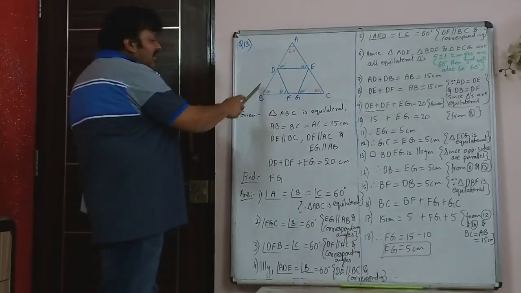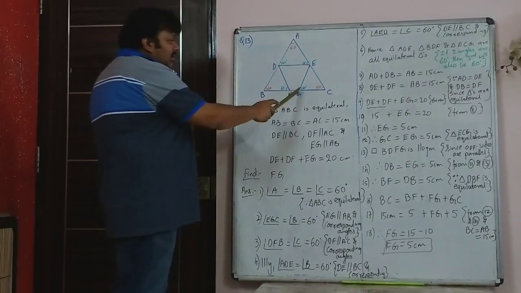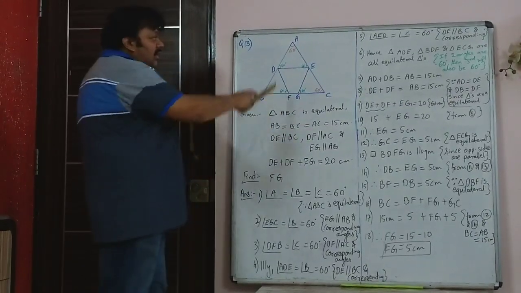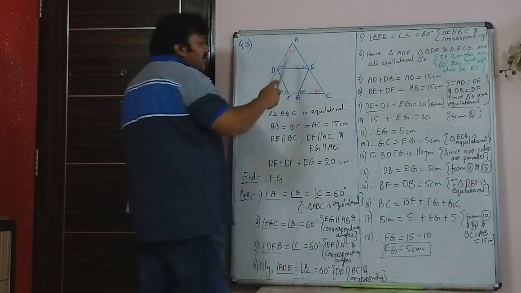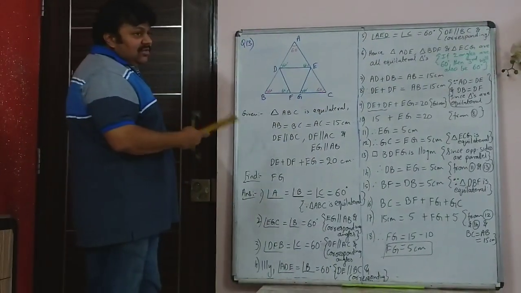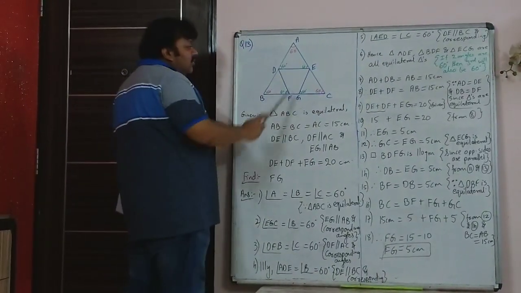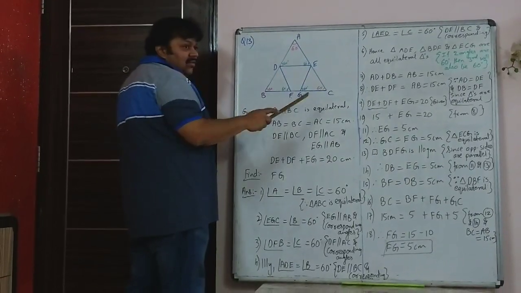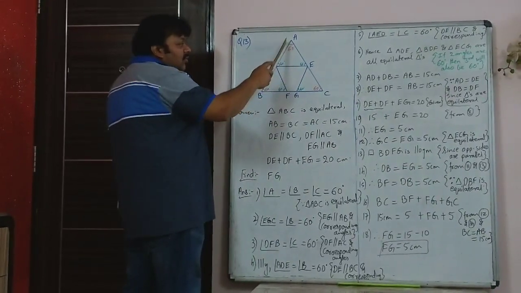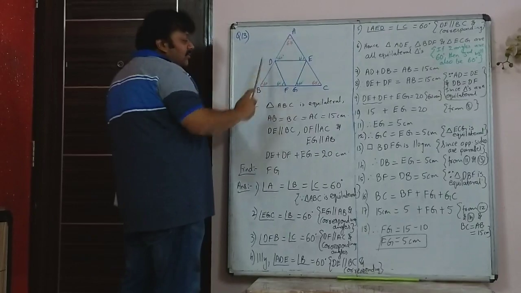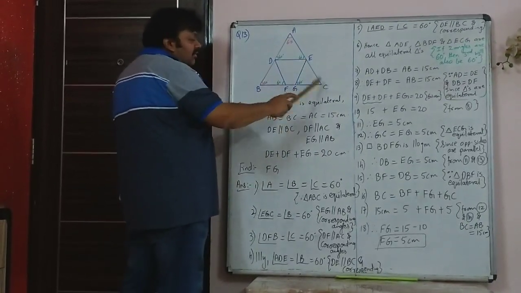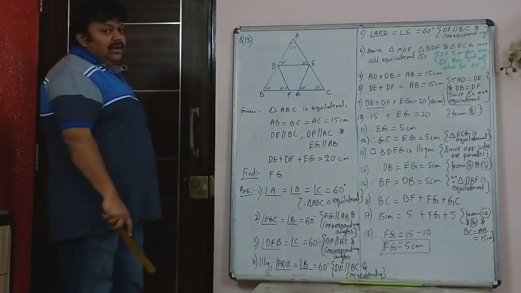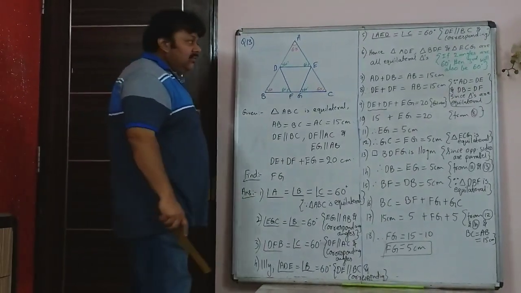So you have these triangles BDF, GEC and ADE. All the three of them are equilateral. So if this sort of sum comes, then you have to first prove, first of all, the big triangle is given equilateral. So you will have to prove this triangle ADE, BDF and EGC, all the three are equilateral like the big triangle.